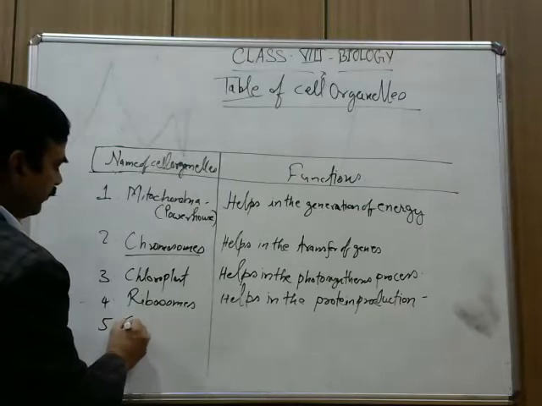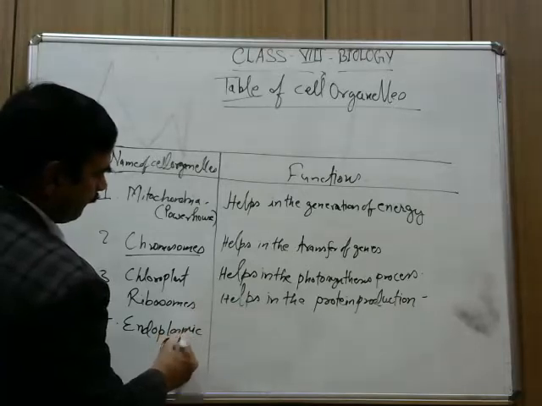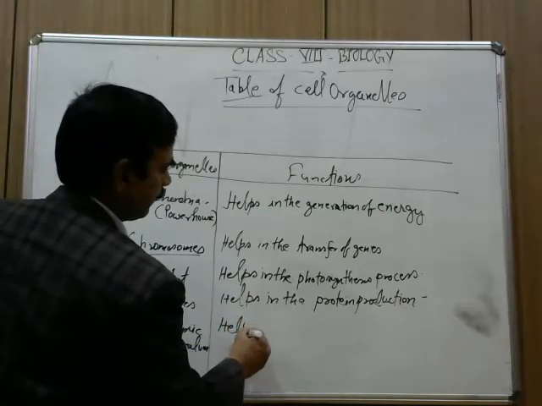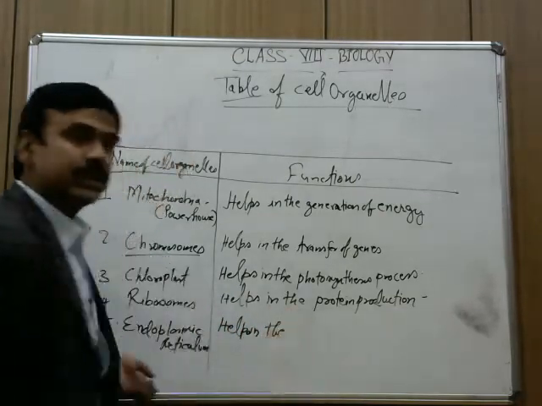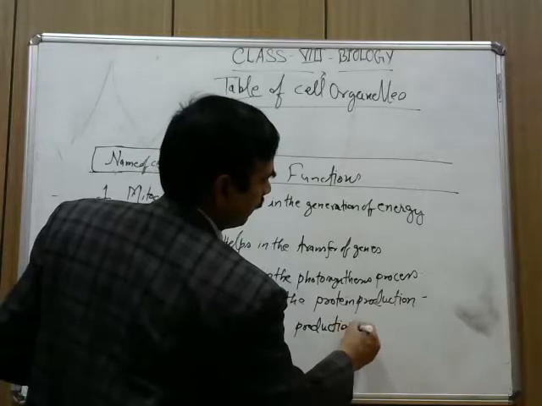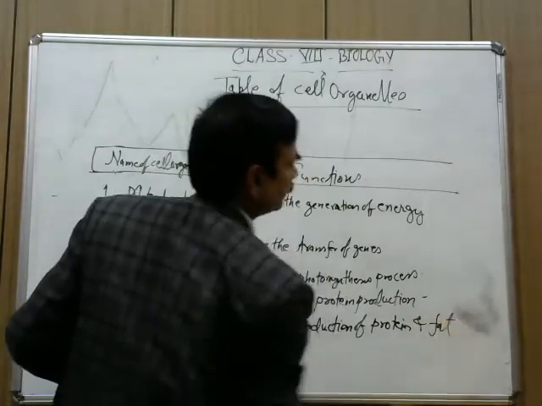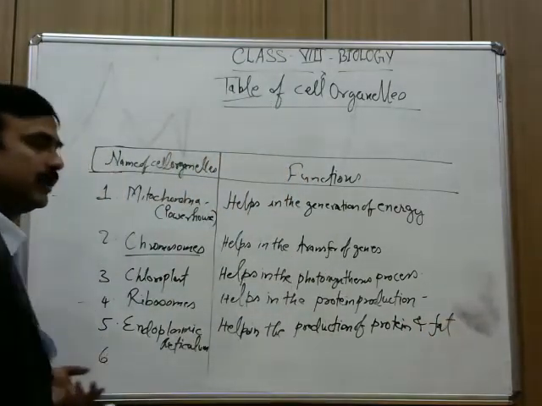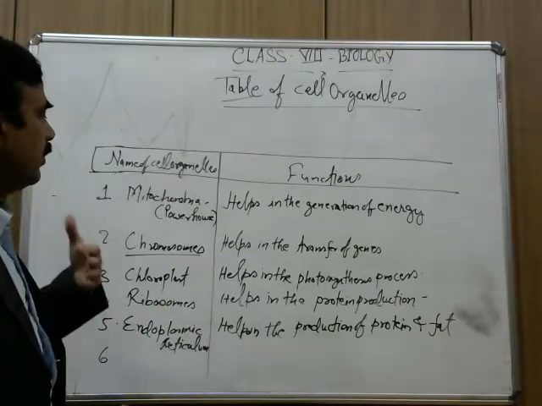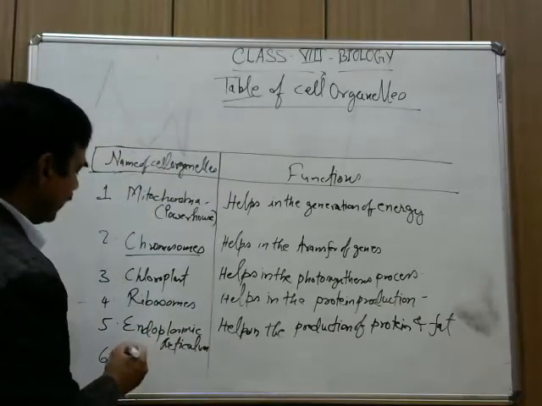Endoplasmic reticulum helps in the production of protein and fat. You can write down lysosome helps in the digestion process. Okay, some more cell organelles. Nucleus helps in the cell division. Okay, so Golgi body, you can write the Golgi some